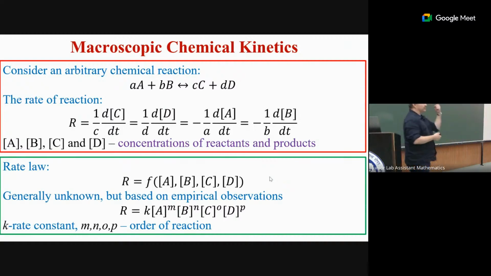So for one chemical reaction, there is only one rate. For some reason, people are confused. There's only one rate defined this way. Of course, you can have only change of one compound to another one. It might not be the same due to different stoichiometric coefficients, but strictly speaking, there is only one rate defined this way. And you can see it's positive because you're producing compounds C and D, and there's a negative sign because you're removing compounds A and B.